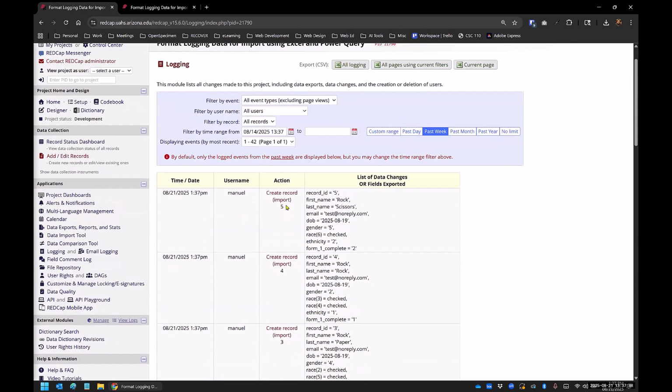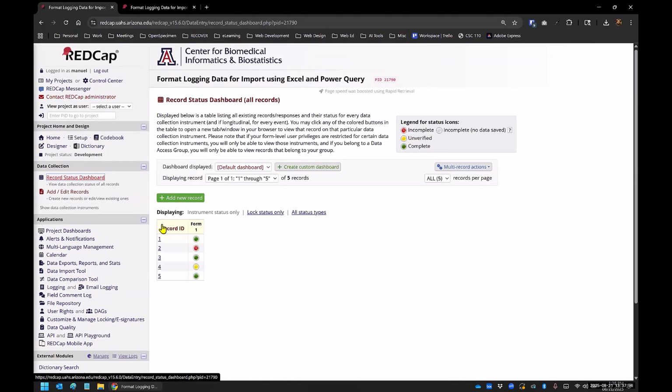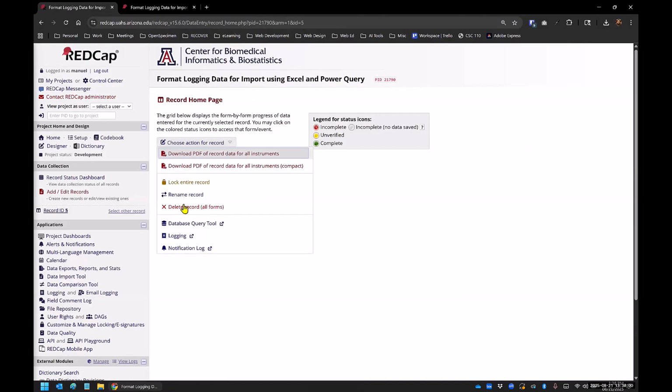Now, one thing I want to point out is when you delete a record, the logging will keep track of the create record log entry. So if I just go to one of the records here, and we'll just go to record 5. And if I delete this record,